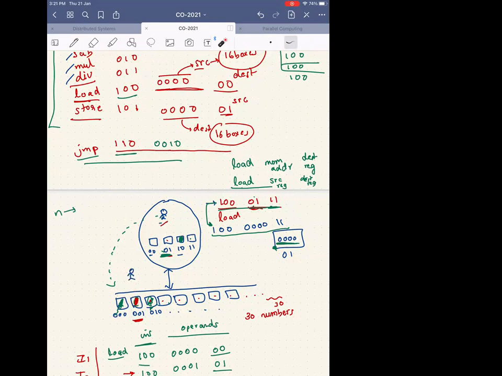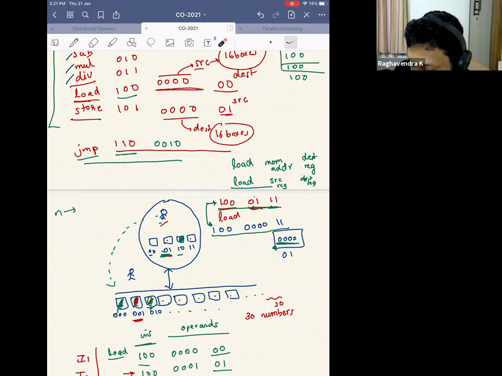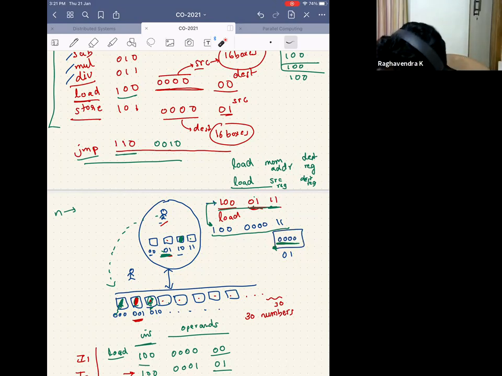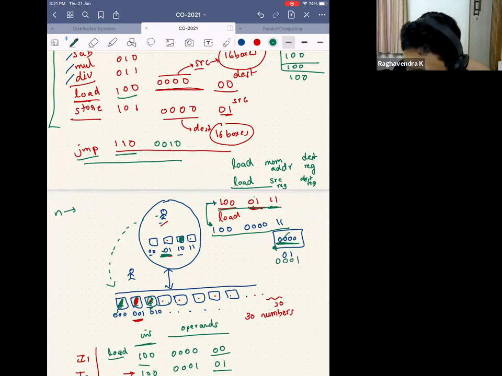Add 1 to load. Add 1. No, not to load, right? Not load, the source register. So I just increment the source register, right? Let's say I add somehow 1 to this, right? So I will add 1 to this. So instead of this 0 0 0, it will become 0 0 0 1, right? That's what will be there in this 0 1, right? So now I will give the same instruction, but this instruction will no longer be converted to this instruction, but it will be converted to 1 0 0 0 0 0 1 and 1 1. Do you see this?